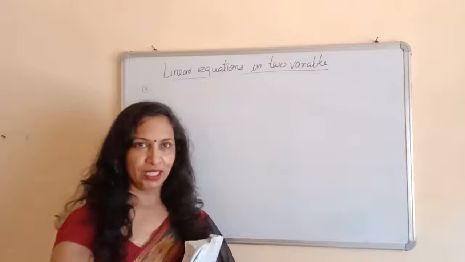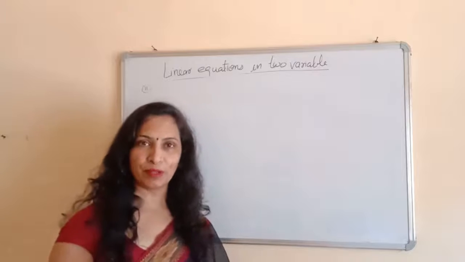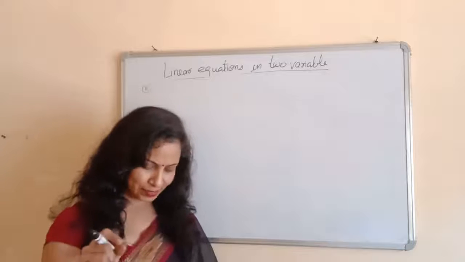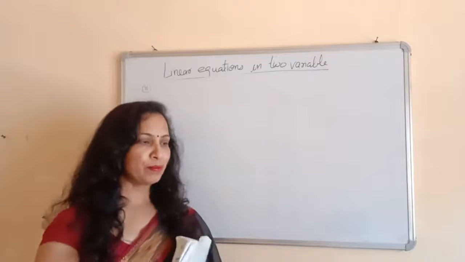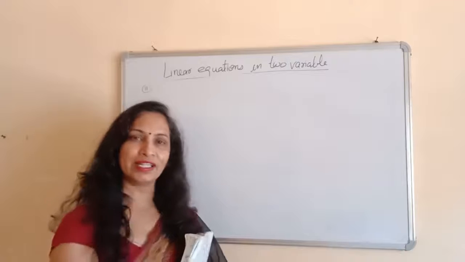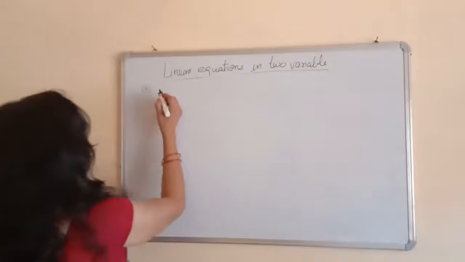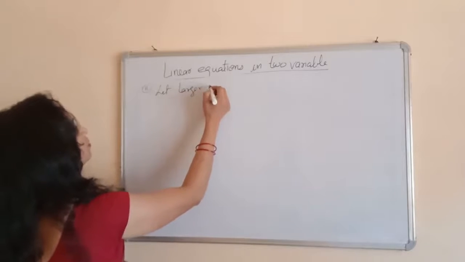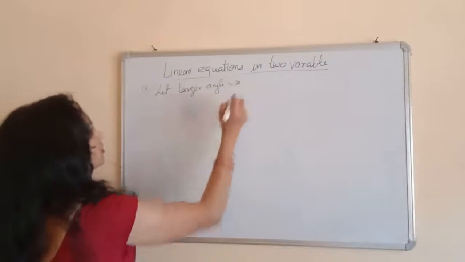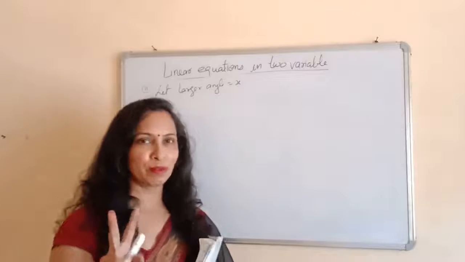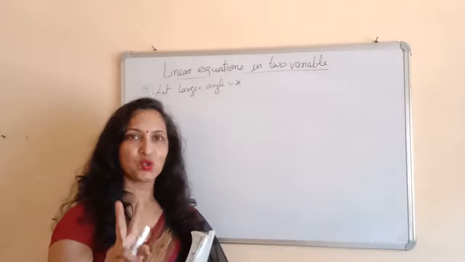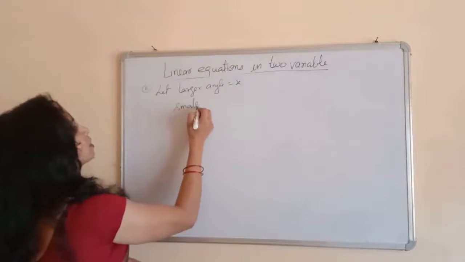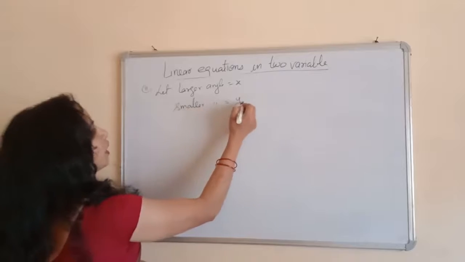angles is smaller. So it is given that the two supplementary angles, in which the larger angle exceeds the smaller by 18. It means in supplementary angles both the angles are not equal, one is greater and one is smaller. So first we will say that let the larger supplementary angle be equal to x. We know that these are supplementary angles, it means their sum is 180. So the larger angle is x and the smaller angle is y.